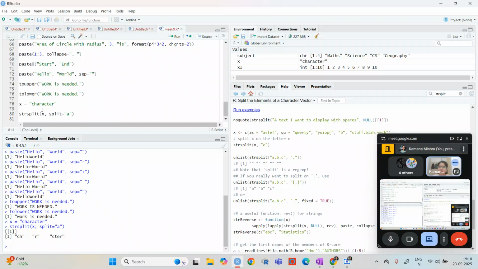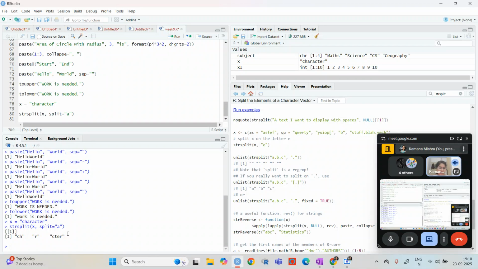So what it is doing is it will just take C where there is A. So there is CH, then A, so it is going to split with that value. So it is A, then R came, and then A again came, so it is going to separate by this.